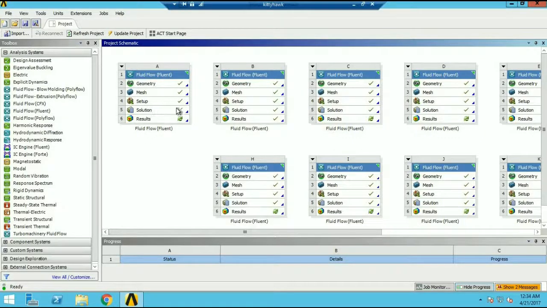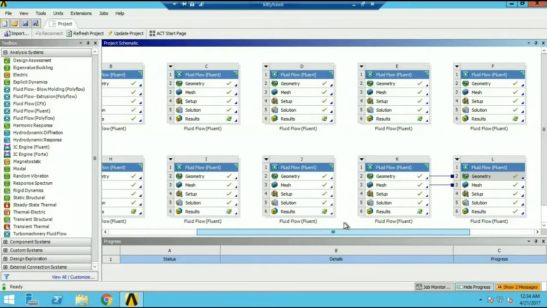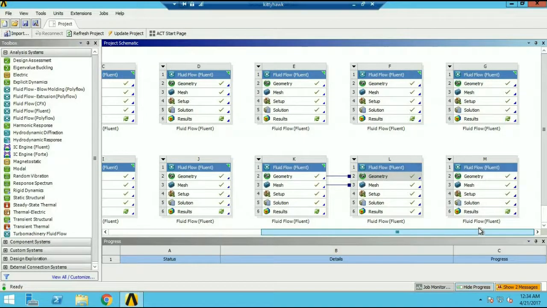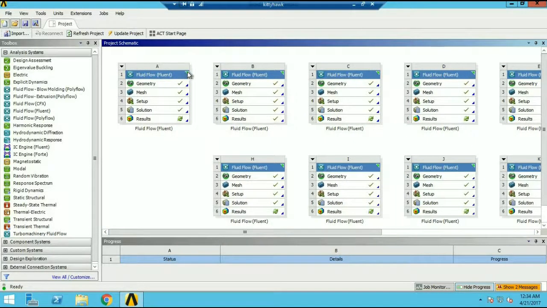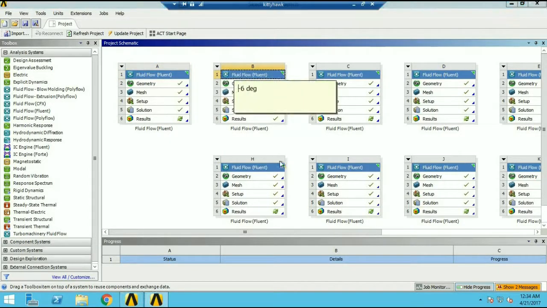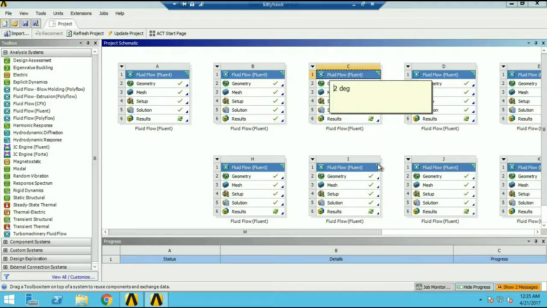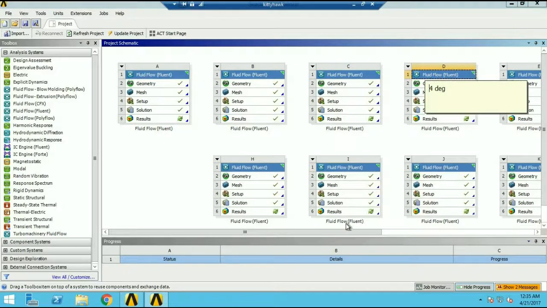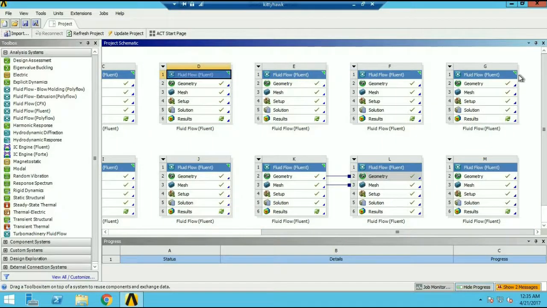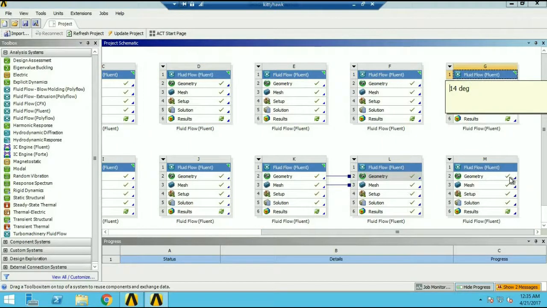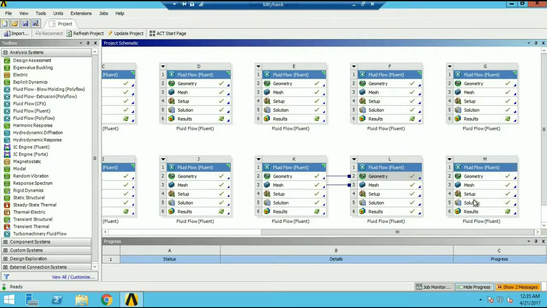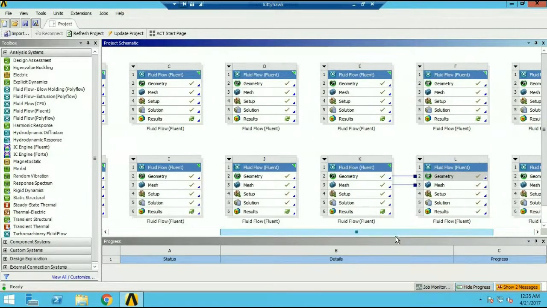All right, so welcome back. So here is the Alpha Suite. We can see quite a few different projects that have already been solved. If you look at the notes here, we got 0 degrees, -6, -4, 2 degrees, -2 degrees, 4. So yep, we go all the way up. I think so. Here's 14. And this is 16, but I don't think I actually put that in yet. Anyway,